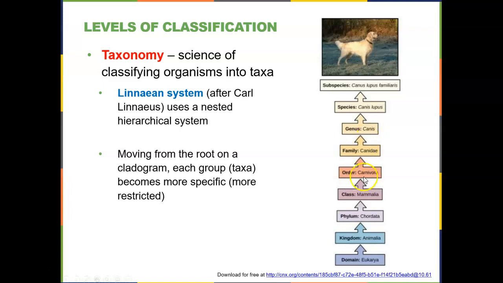I will ask you to know these categories: domain, kingdom, phylum, class, order, family, genus, species. There are a number of different rhyming schemes you can use to help you remember them, but it's important to know which is the most diverse. The most organisms would be in this group, and then as we go down the path, we get into smaller and smaller subgroups. So within kingdom Animalia, there will be a number of different phyla. Within each phylum, there will be a number of different classes and a number of different orders, etc.